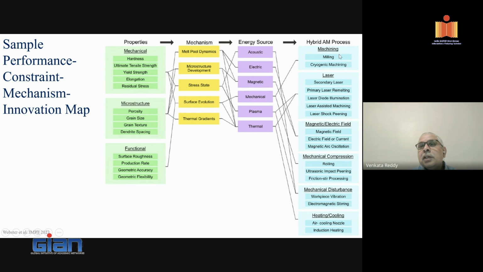Hybrid additive manufacturing, you may combine with machining or cryogenic machining like that. Now you can clearly see, I'll just read out one: hardness, ultimate tensile strength, yield strength, elongation, residual stresses. Correspondingly microstructure, stress strains, surface evaluation, then the energy source you are using in various additive manufacturing processes, and then the various things which will be coming into the hybridization possible, because this hybridization is becoming more and